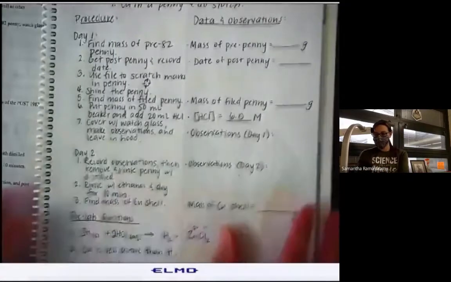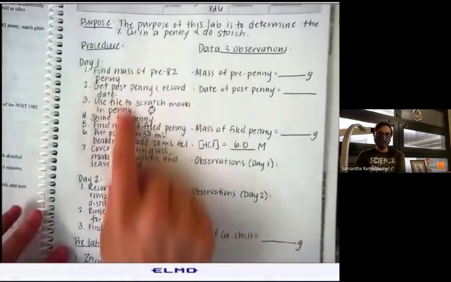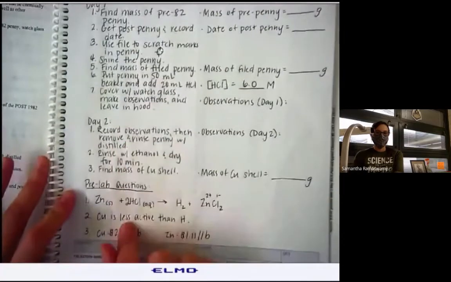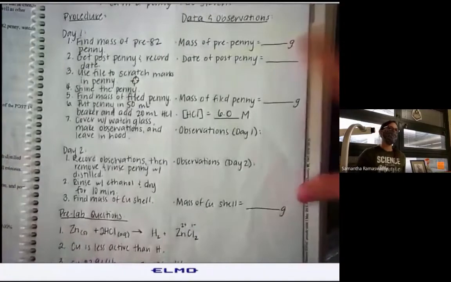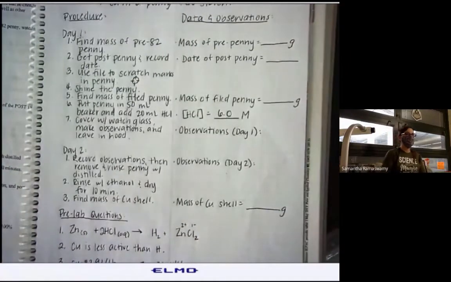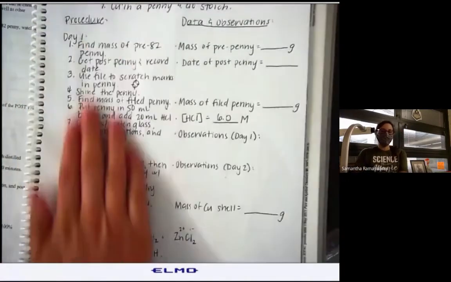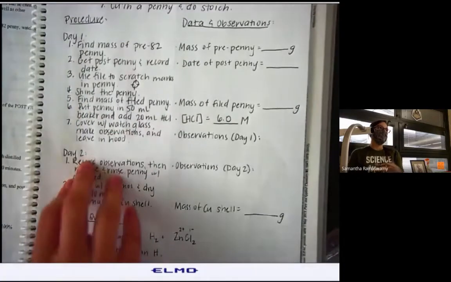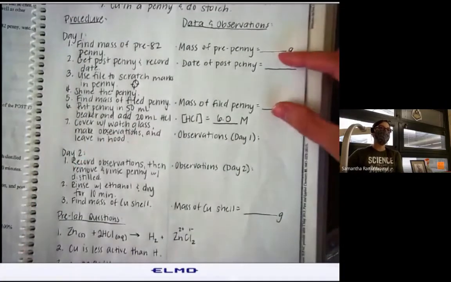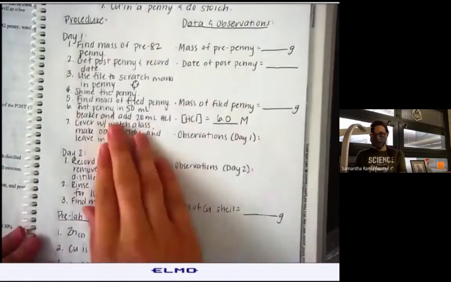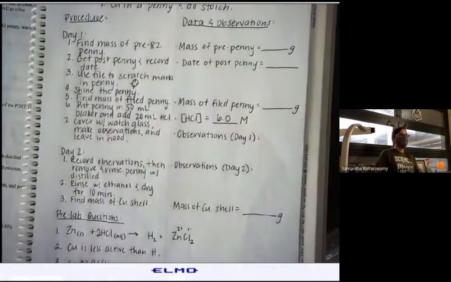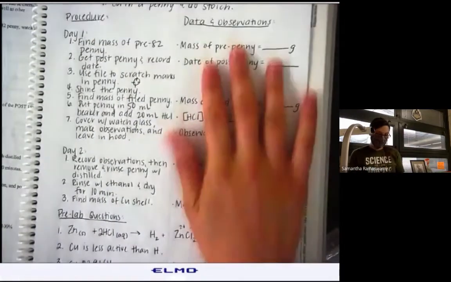This is the purpose, procedure, pre-lab questions were down here at the bottom. And then your data and observations should be filled in. You did pretty much all of the pre-lab Thursday, collected some of the data and observations, and your lab partner should have given you the other data and observations. So after purpose, procedure, pre-lab questions, and you're in the lab and you collect data and observations, we move on